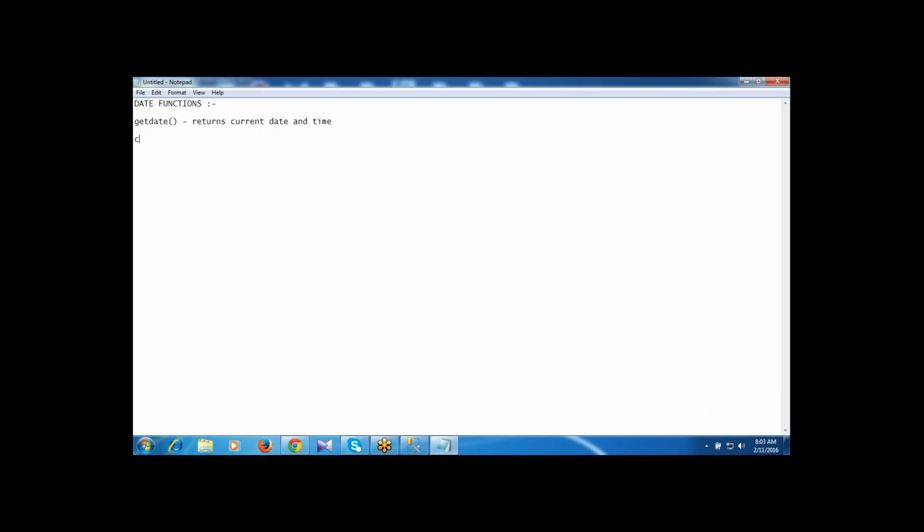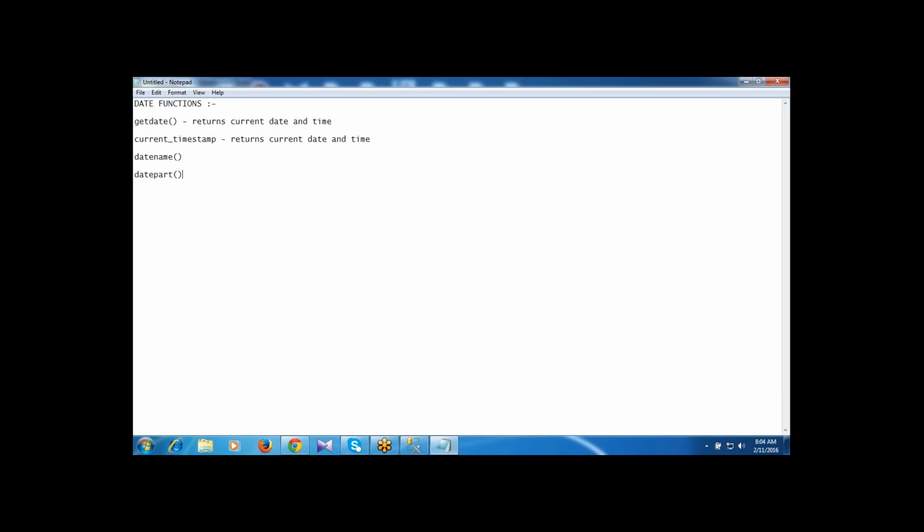The SYSTEM TIMESTAMP and CURRENT_TIMESTAMP functions return the current date and time. Here I am having the function called DATENAME to get some portion of the date.